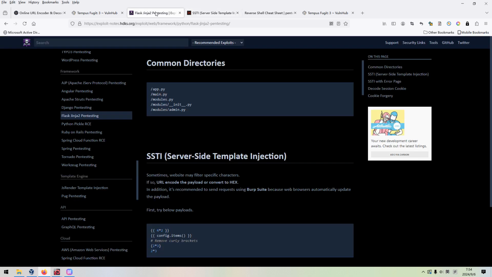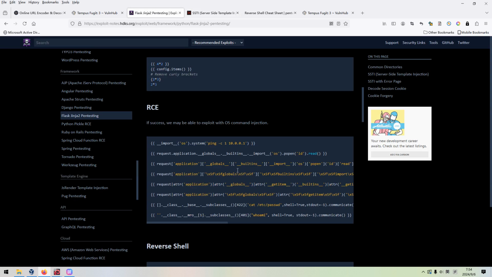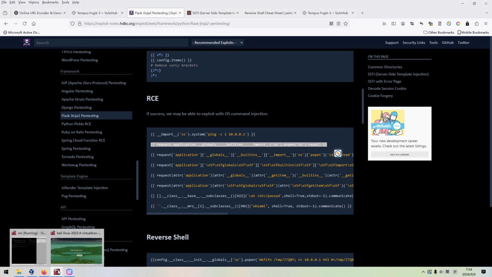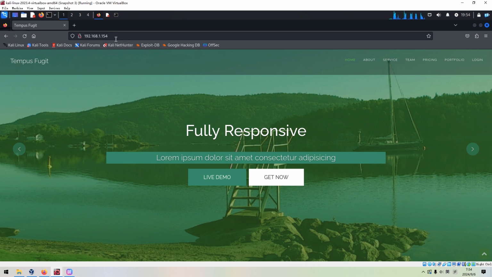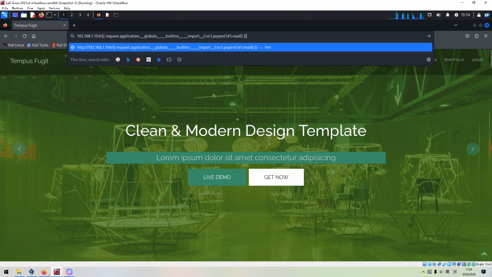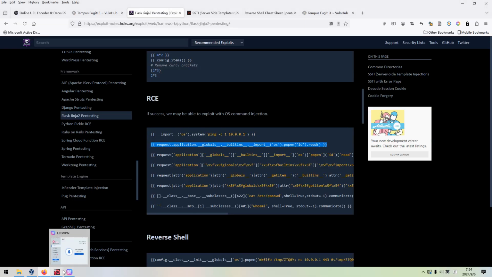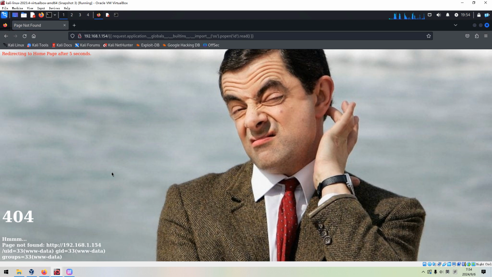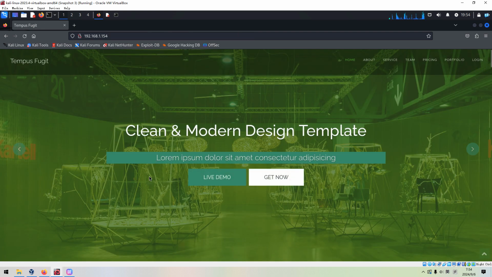So for example here, maybe we can try this one. Both links will be added into the description section below. I think this resource is very great. It's wonderful. You cannot miss it. We can run it. As you can see, this time we successfully execute the command id and get the result of the command back from the target.